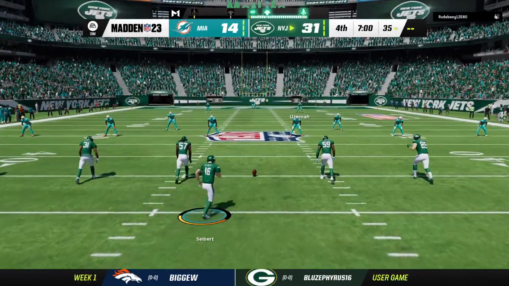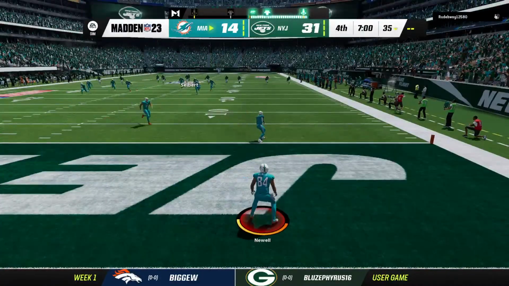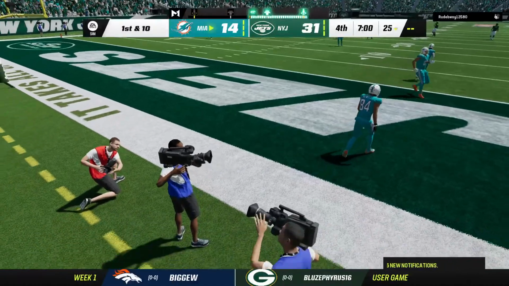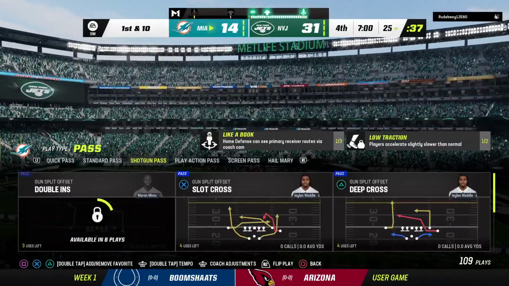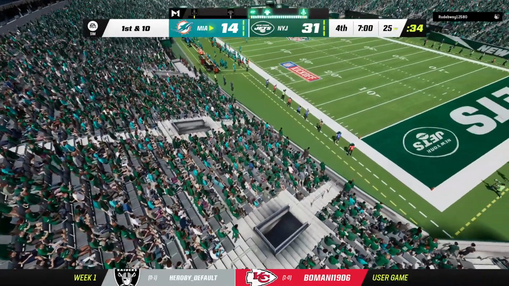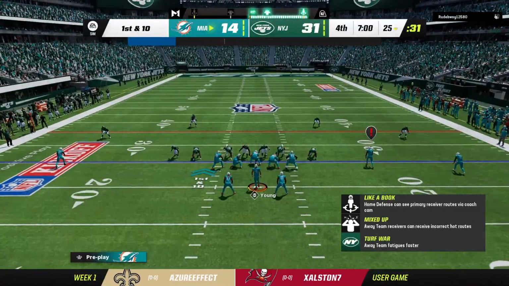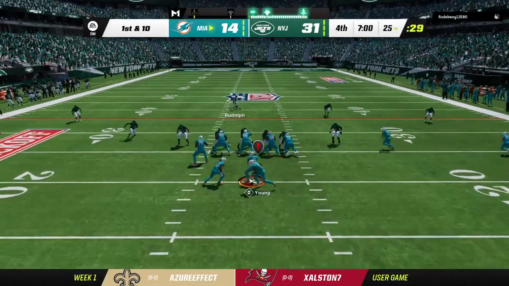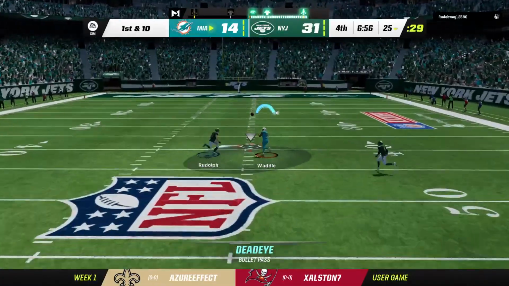Seibert now to kick this thing away. And this will not be returnable. It's out of the back of the end zone for a touchback. The Dolphins at the line ready for their next drive. And they knew coming in that this would be a tough place to go in and win a season opener. But this has just been a performance to be...